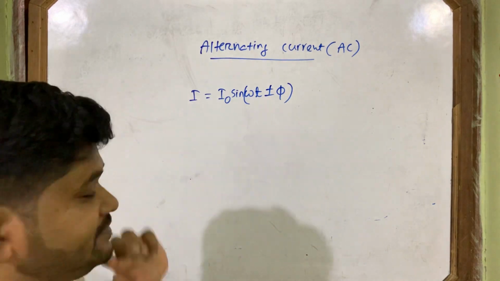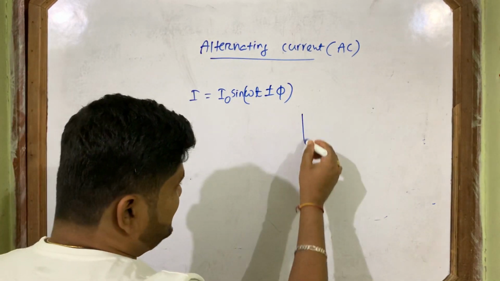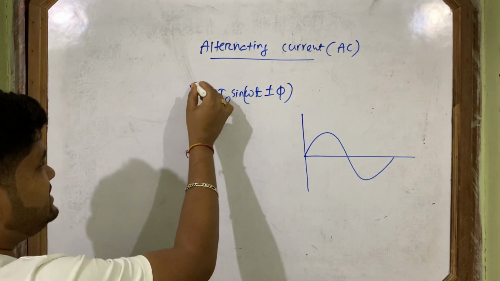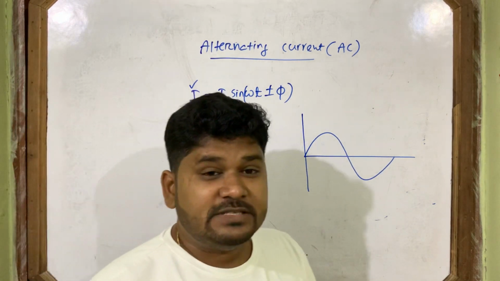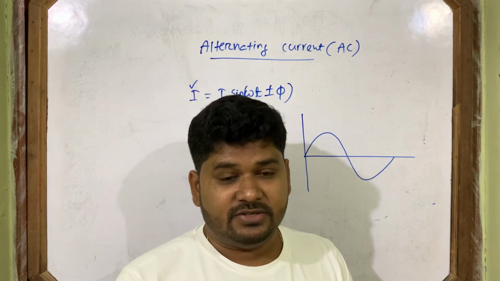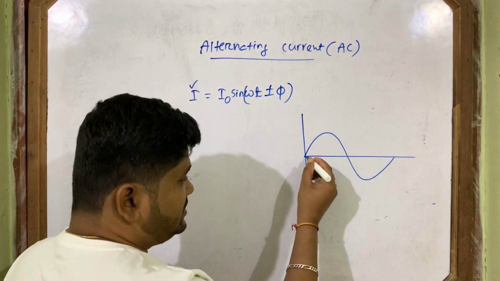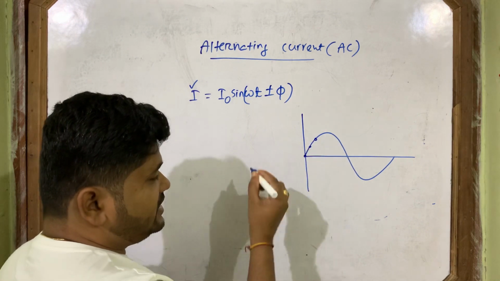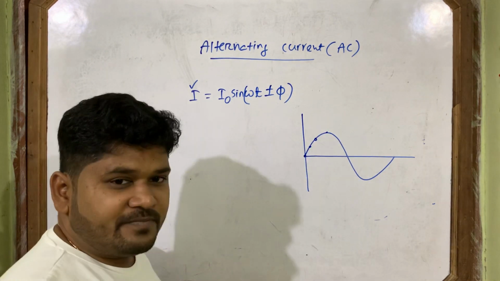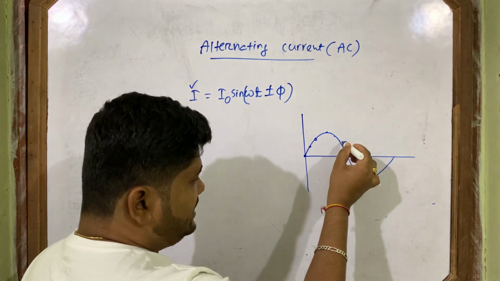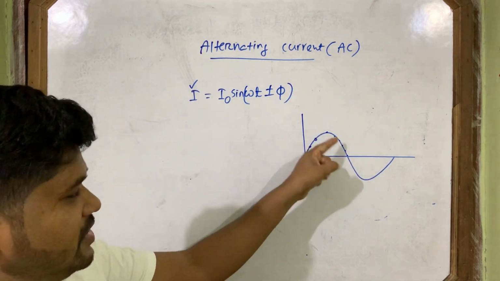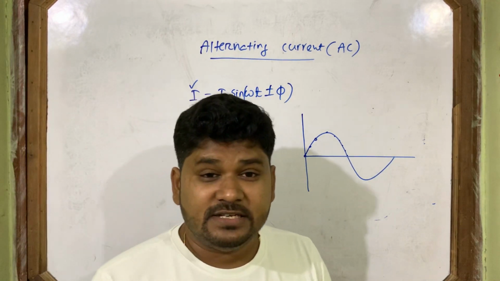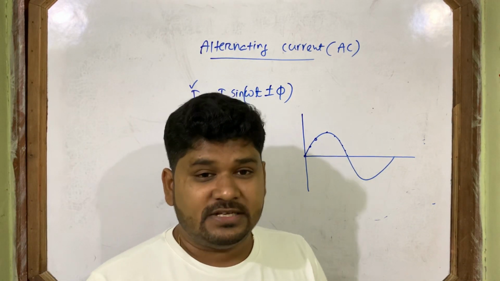What is this I? I is the instantaneous current. So this is the graph. I is the instantaneous current, meaning current at any instant. Current always changes. Suppose I tell now what is the current here, zero. Now what is the current, this much. Now this much. Now this much. At every instant the value of the current always varies, and that one will tell us the instantaneous current, the current at any instant.